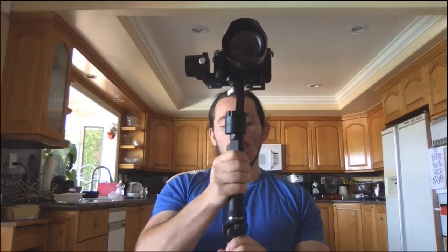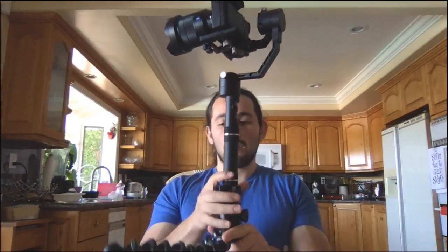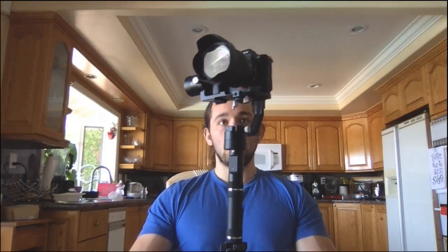Boom, it's all locked up. Now I can actually move the arms to make it act like a handle. And what I do, I use the third leg and put it against my body to make it more stable. And then, boom, there we go. We have a pretty good dual arm system there. By having that third leg going against your stomach or your body, you're actually stabilizing the system